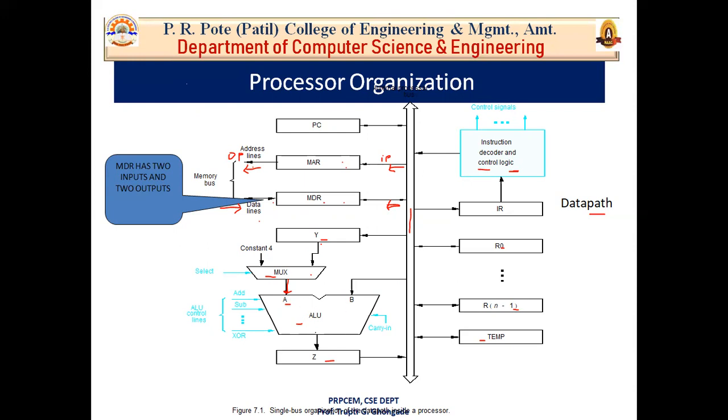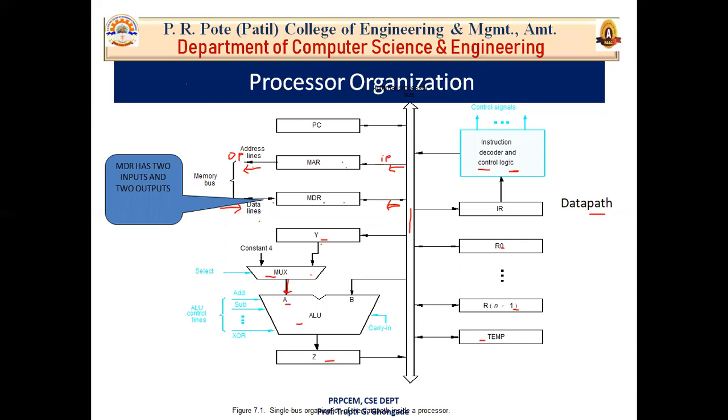After performing the arithmetic and logic operation, the result will be stored in the temporary register Z, and after that we can load the contents of Z to the processor bus, and from this processor bus we can load it into the processor register or into the memory, if we have to store it permanently. After that, we have the instruction decoder and control logic. The instruction decoder and control logic is responsible for the action of all the devices, and it generates control signals to perform a particular action.